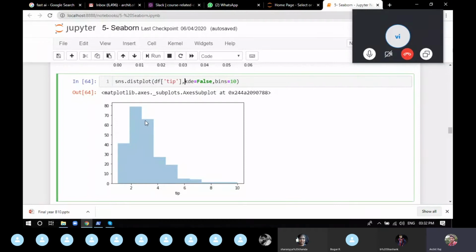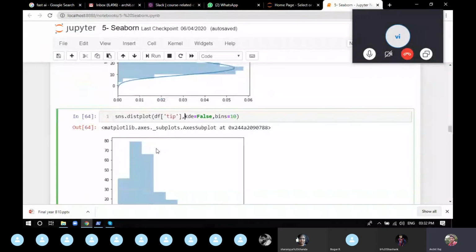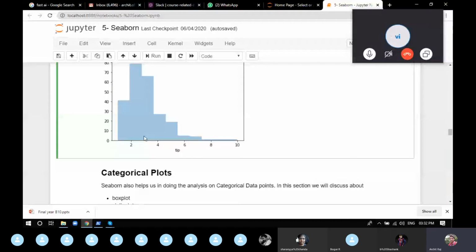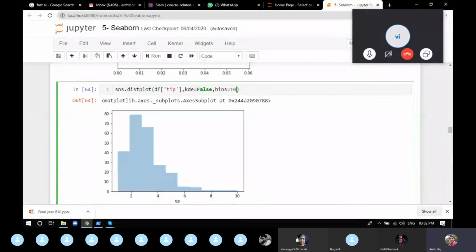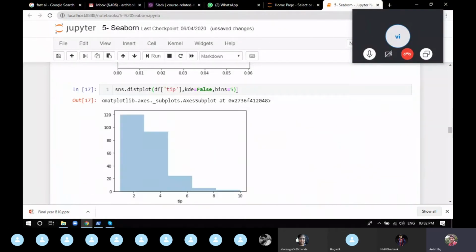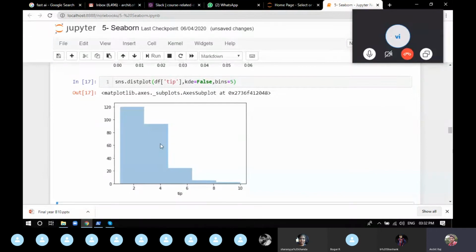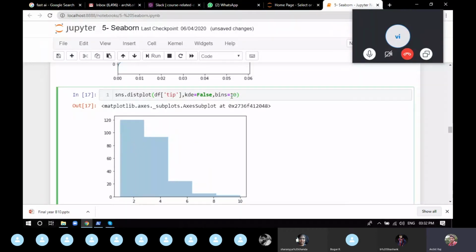Now bins. Bins stands for the bins that you're providing, like it's going to be 10, 20, 30, 40, if you make the bins of 5. Now the bins which have been created here, what all bins are there? In between, the data has been clubbed together. So the fewer bins you create, the more data can be compacted in between the bins. So this is what bins do. Most of the time, if you remove the bins argument, its default is 10. So this is what bins are.